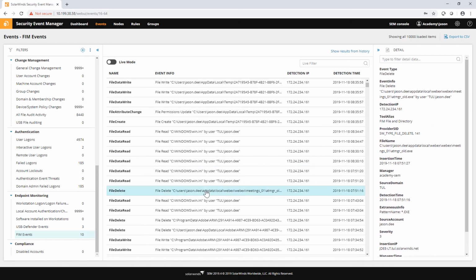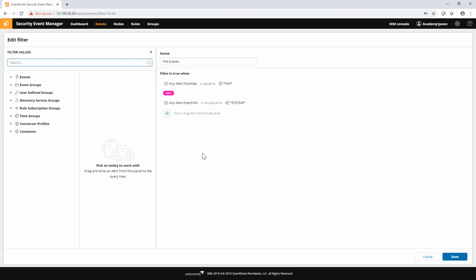And that's it. You can easily create a FIM event, or a FIM filter rather, as necessary, altering it as needed. One recommendation for the filter I would just put in here for everybody is you probably want to add a second condition onto this that's something like this.